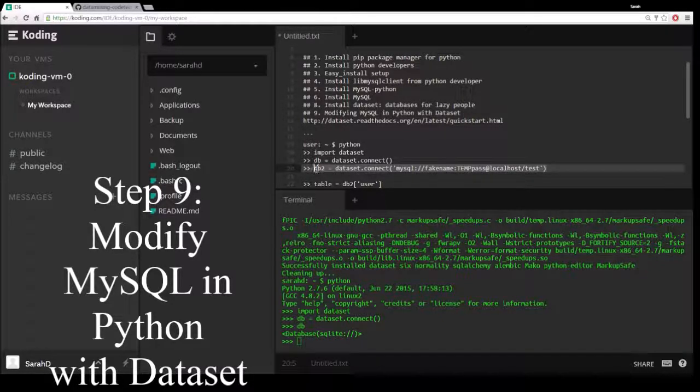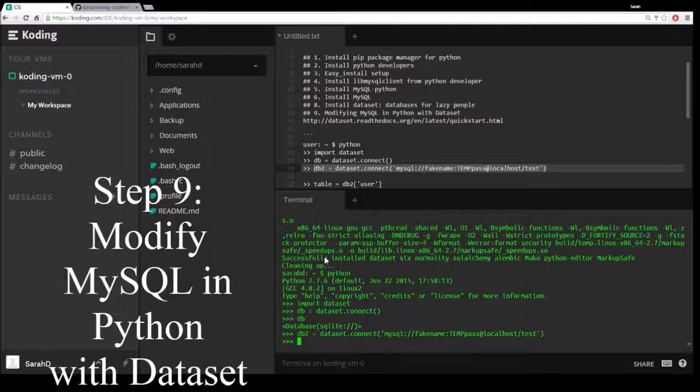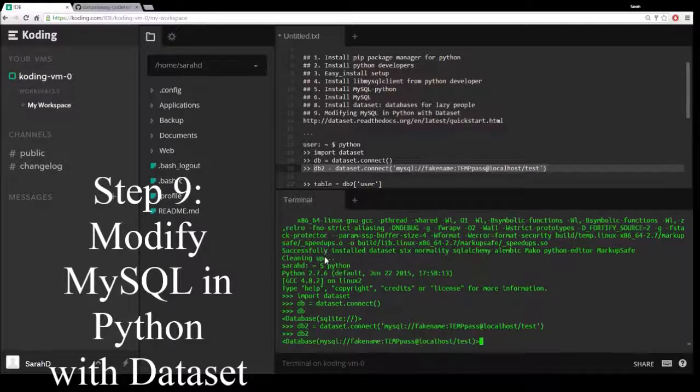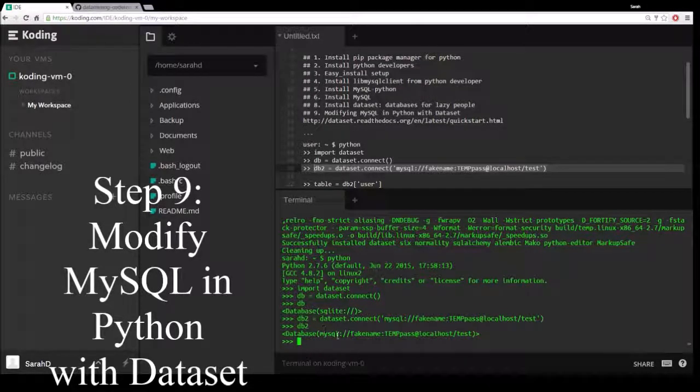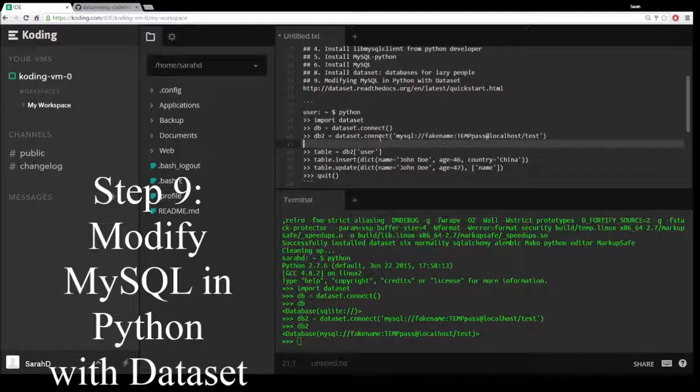So I'm going to do a DB2. You could also save over it in DB, but this is a little cleaner. And now if you look at DB2, you'll see that this is the MySQL with our fake name account. There's our password, localhost, and the dataset's name is test. And that's what we wanted. Now we can start